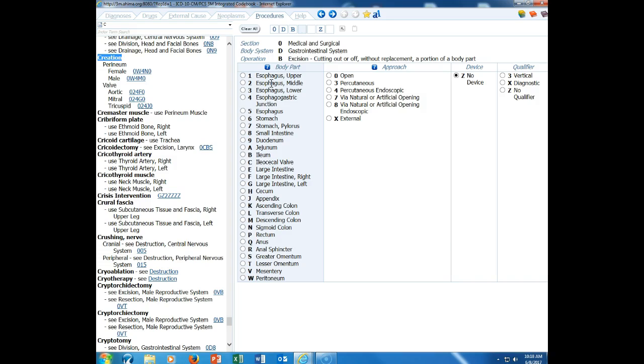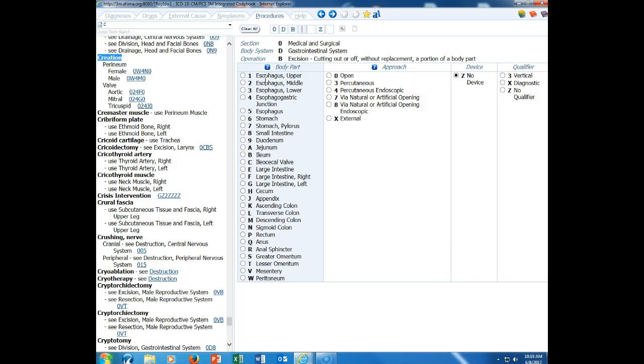The third character in any code is the root operation. Now, the root operations are included in your textbook beginning on page 98. And every PCS procedure will have a root operation. It's very important to understand the definitions of these root operations. So, as I said, we'll go over those in much more detail in Chapter 8. We'll actually apply them in Chapter 8, but the definitions are here,